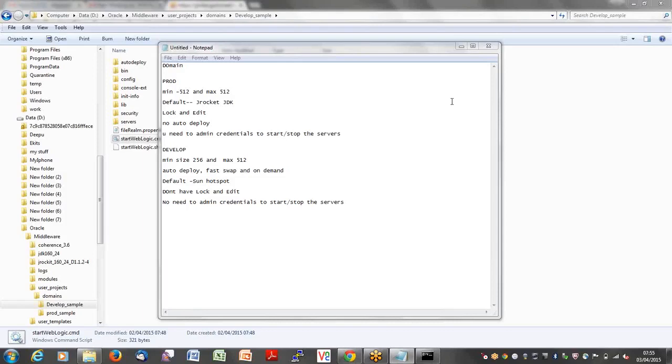Okay, so that is why we give both the values the same in production and we give a lesser value in development, because you always restart the servers in development because you will be changing the code or configuration or one or the other. So it needs a restart. So that's why you just give a lesser value in the development environment.